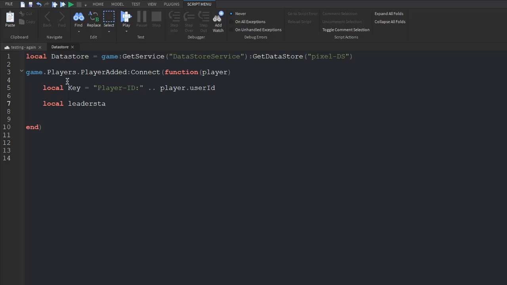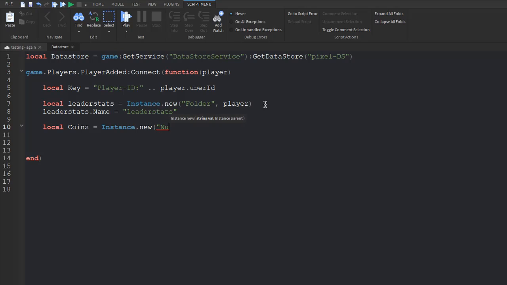Now we're going to create the leaderstats instance. So local leaderstats equals Instance.new("Folder", player). This is going to create a folder that's going to be inserted into our player, and then you can just name that leaderstats. So leaderstats.Name. Now we're going to create one more instance, and it's going to be called Coins. So local coins equals Instance.new("NumberValue"), and then we're going to put this inside of leaderstats instead of player, and then we're going to do coins.Name equals "Coins",